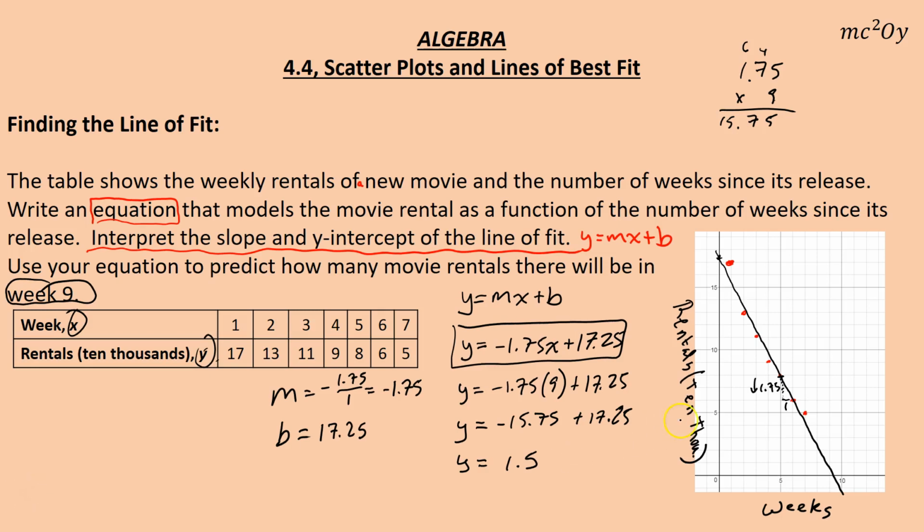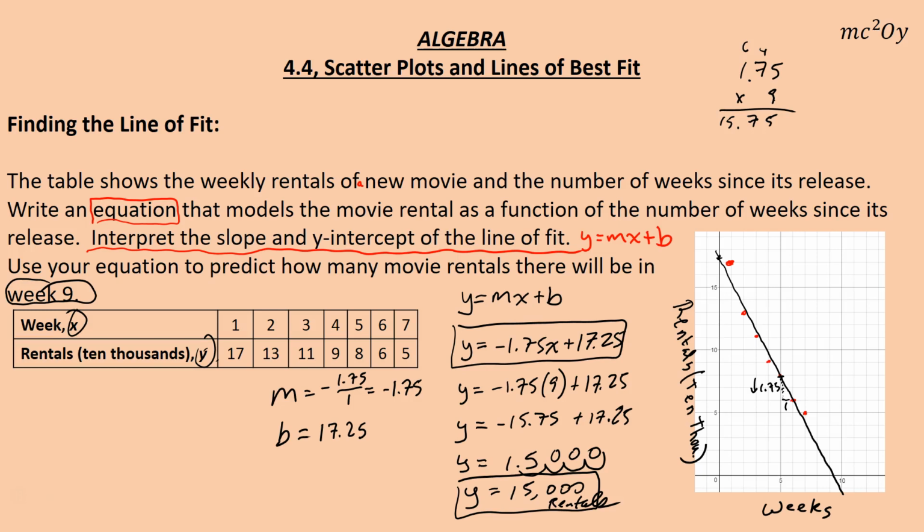1.5 means 1.5 10,000s, or I'd have to multiply this by 10,000, which is the same thing as bringing our decimal over 4 spots. So that would be y equals 15,000. So about 15,000 rentals. That's approximately. Now you can actually do a little more accurate measure of that by putting it